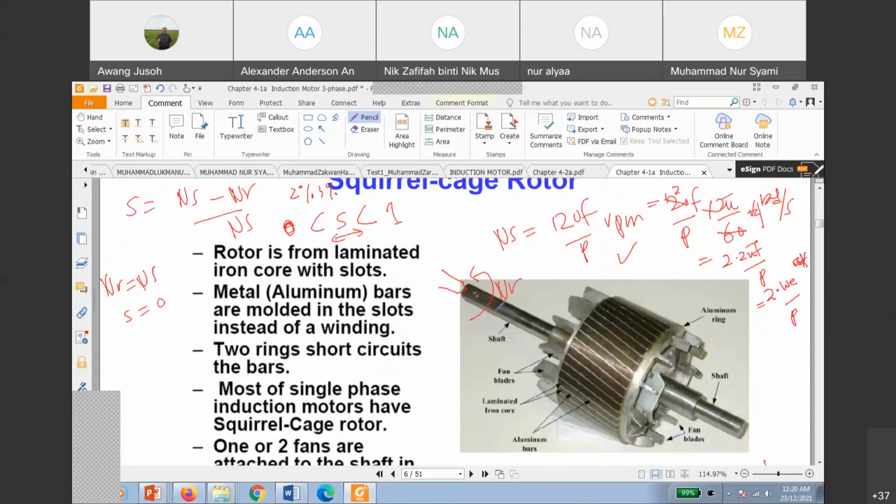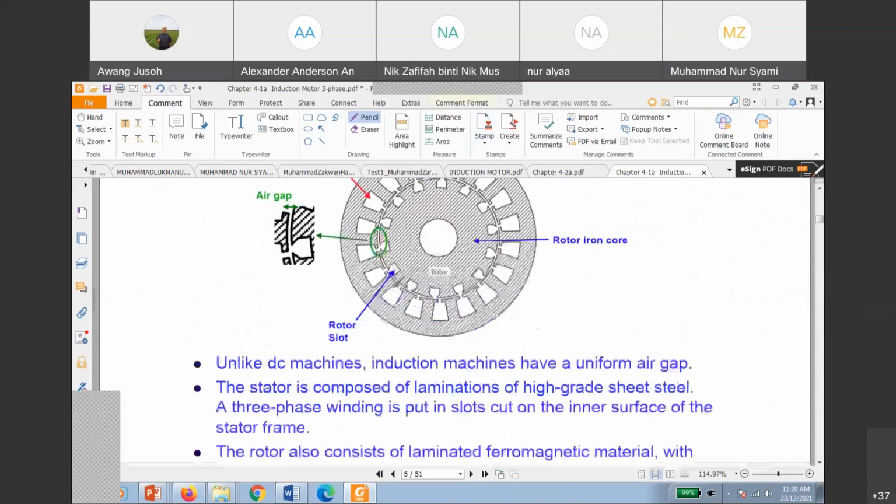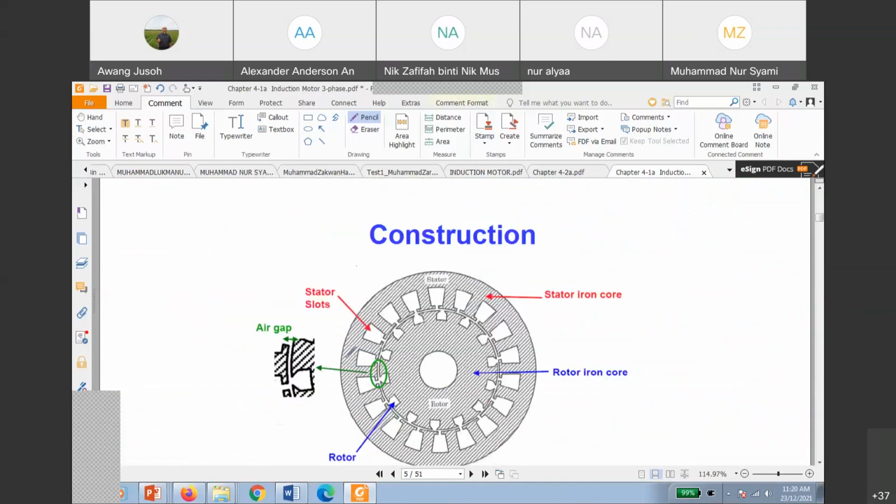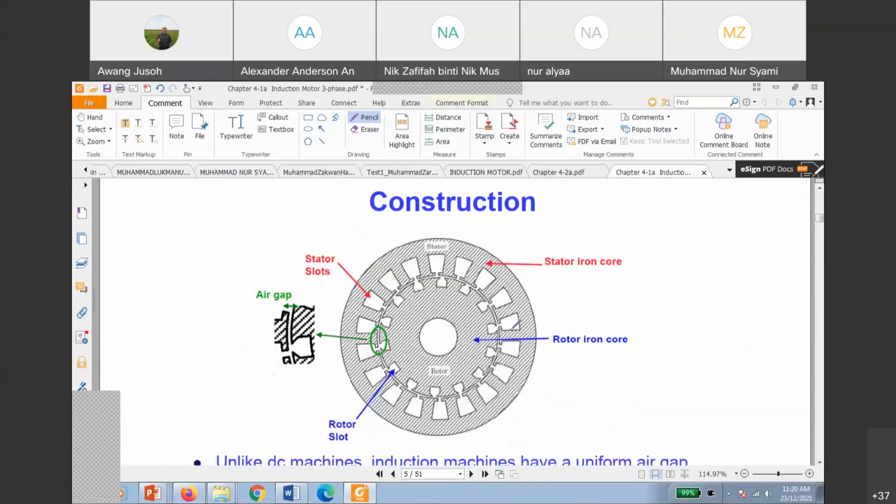I hope you have some idea about the induction motor machine now. In terms of structure, you can see the construction just now. Inside the iron core here, we have the stator conductor, where we put the conductor in the slot. We have the stator conductor, and here we have the rotor. Inside the rotor, normally we put an iron bar in the rotor slot. We put the iron bar, not the conductor, or an aluminium bar, something like that.